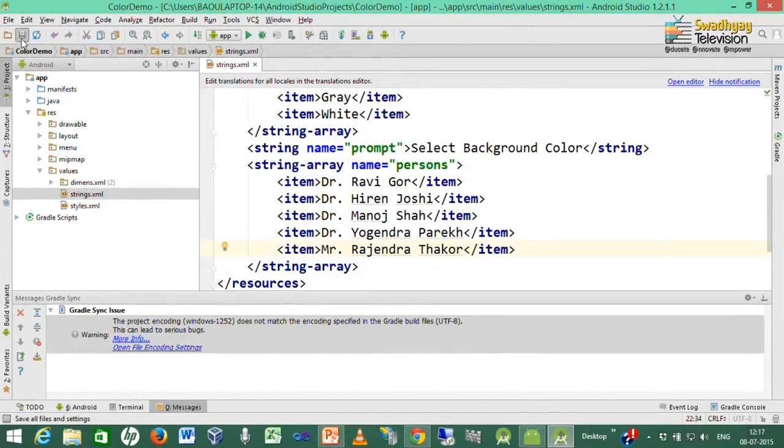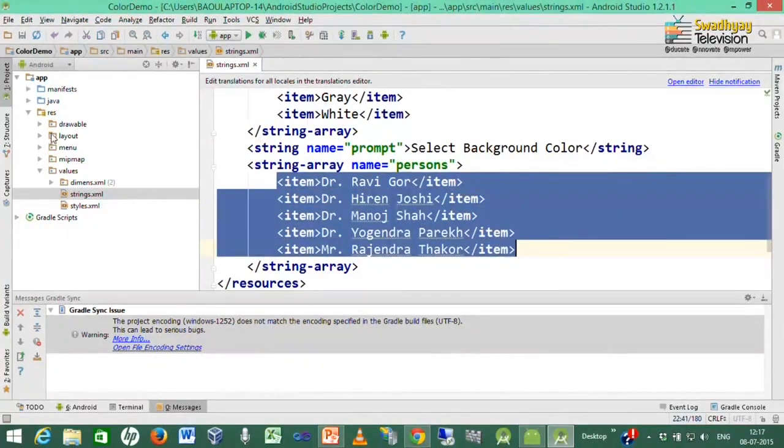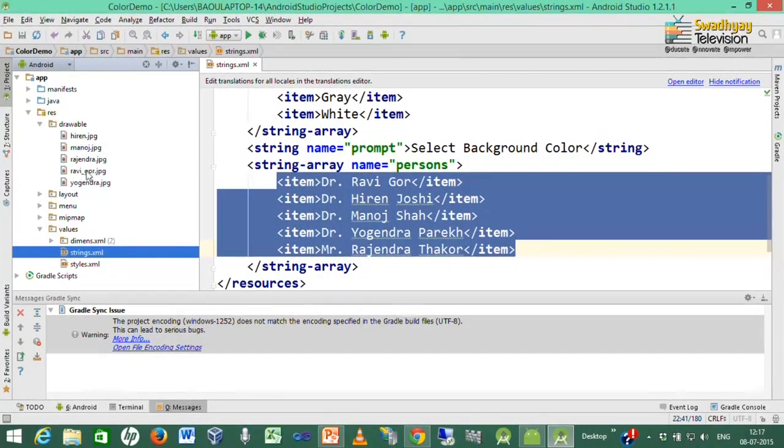So, here I write down certain names, and these persons' images are available inside this drawable folder with the name.